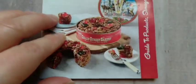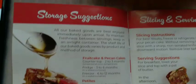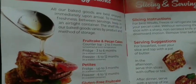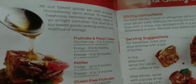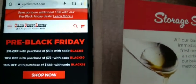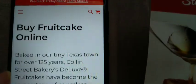These beautiful fruitcake tins come with a booklet and a guide to all of the confections and delicacies, gluten-free fruitcakes made in Texas. And they've been around for a very, very long time. It's world-famous fruitcake and bite-sized desserts. And if you go on their website, collinstreetbakery.com, you can look at they have a menu, they have an 800 number, they've got all kinds of fruitcakes. We're going to highlight a fruitcake today, a Texas pecan fruitcake, made in Texas, especially for